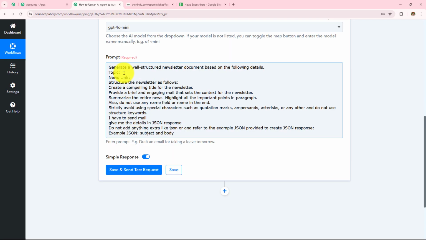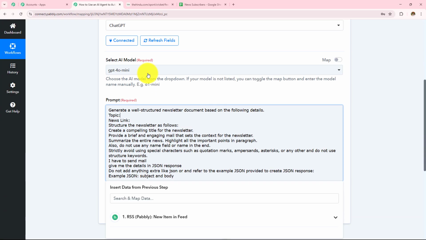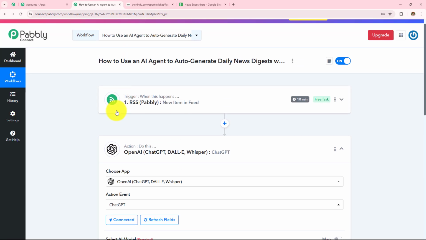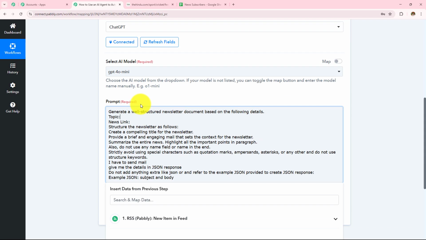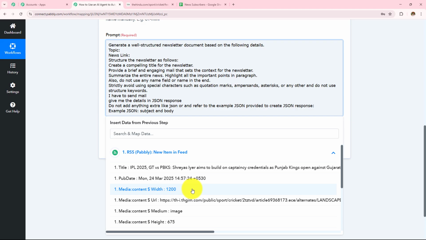Now over here I have left this field blank, topic and the news link, because I am going to map this data, and to map the data means to make this dynamic. So if I enter this manually, this will become static, and every time I receive a new response, the result will not change. So as to keep this field dynamic, we use this process of mapping instead of manually entering the details. So here I am going to enter the data from my previous response, and when I click on this, I can see this RSS response.